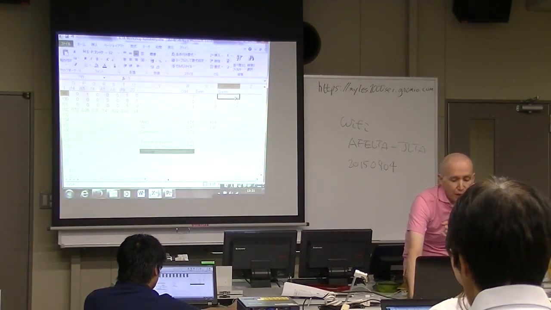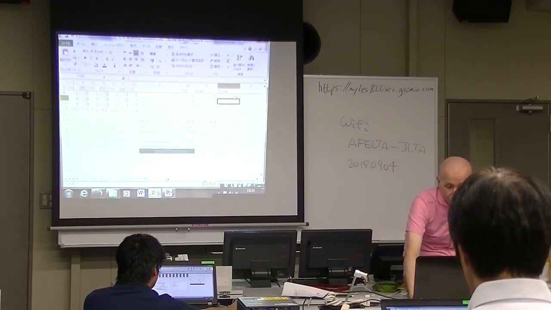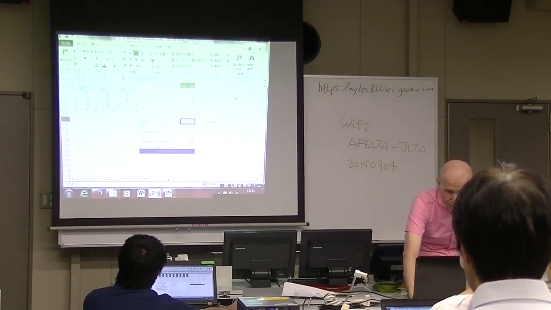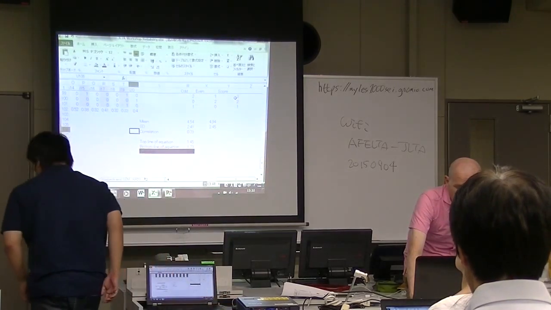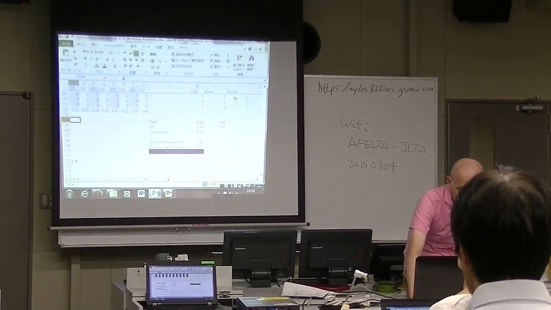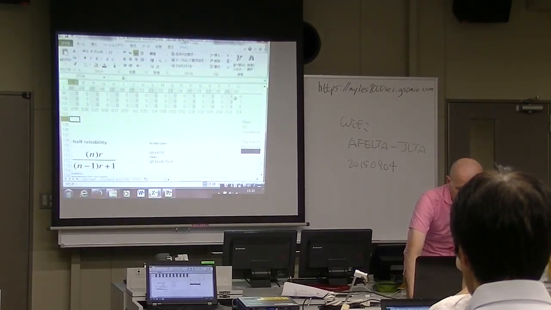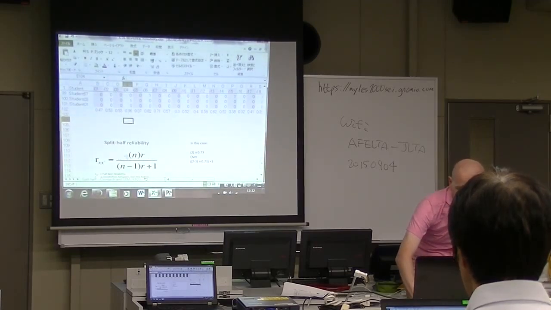I put the total score there just for my own information. We don't actually need it for this. Okay. I've taken the mean and the SD and the correlation, also just for information. I do need the mean though. So, the split half is N times R